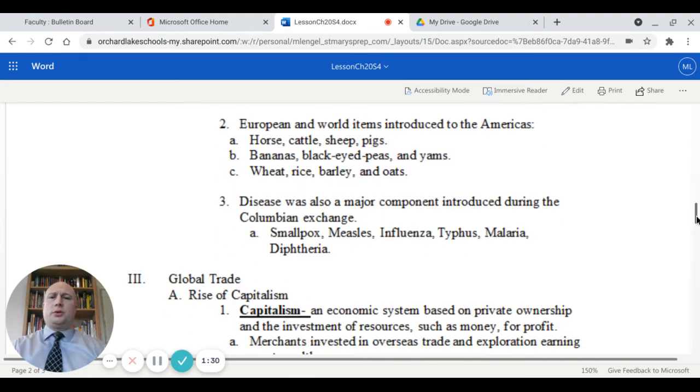Also, some of the major European and world items that are introduced to the Americas include horse, cattle, sheep, and pig, many of your domesticable species that were not available in the Americas, bananas, black-eyed peas, yams, and then your grains like wheat, rice, barley, and oats. Of course, disease was a major component in the introduction of the Columbian Exchange, mostly in the form of smallpox, but measles, influenza, typhus, typhoid fever, malaria, and diphtheria were also something that was spread to native peoples in the